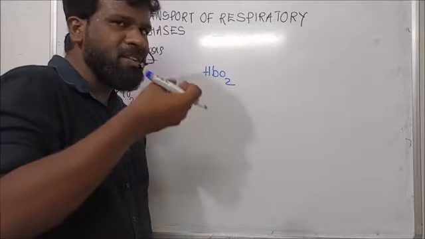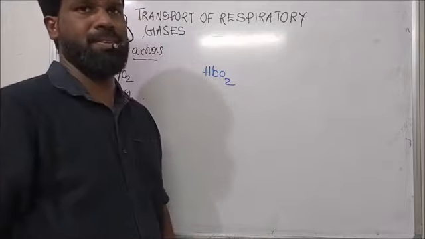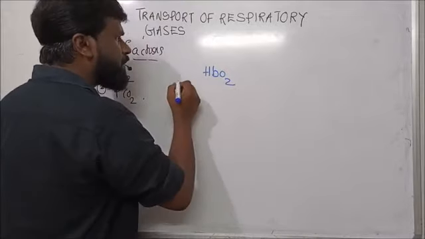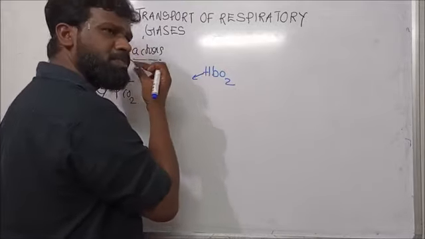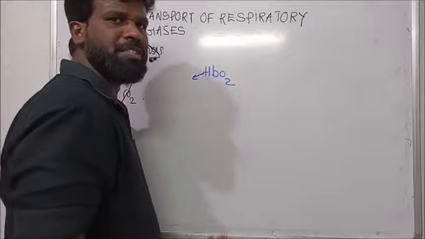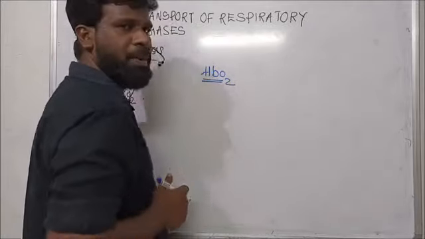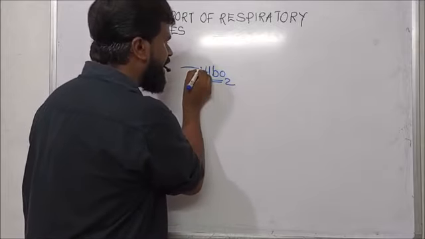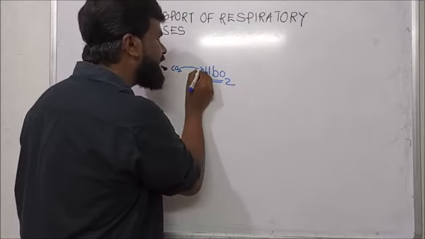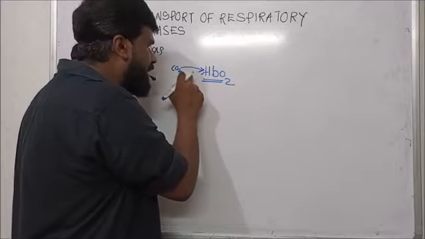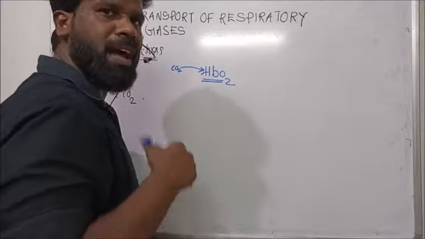Oxygen is very loosely bound to this hemoglobin. And we know carbon dioxide is transported by the protein part of this hemoglobin. Suppose in this oxyhemoglobin, when carbon dioxide binds to the protein part of this hemoglobin or the amino end of